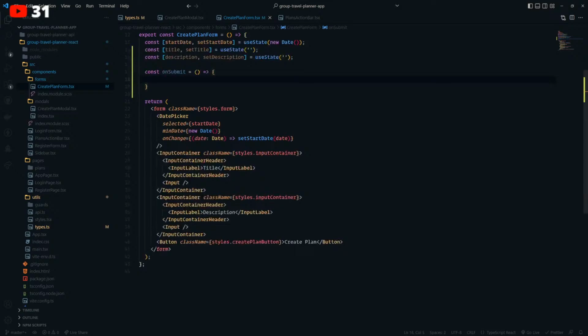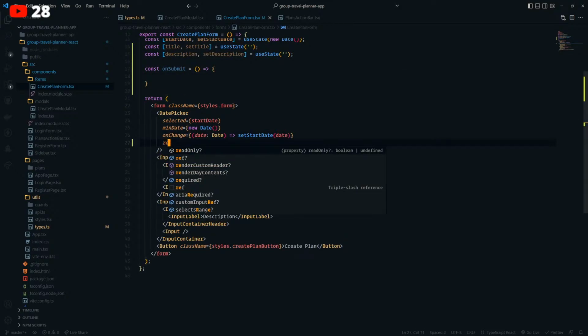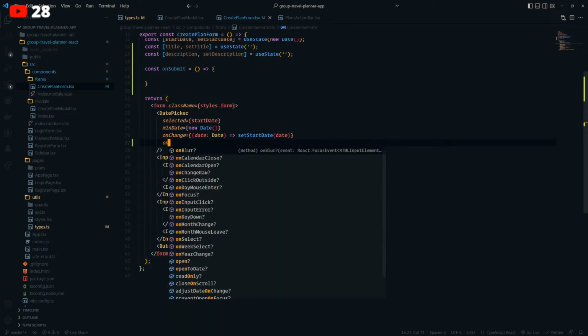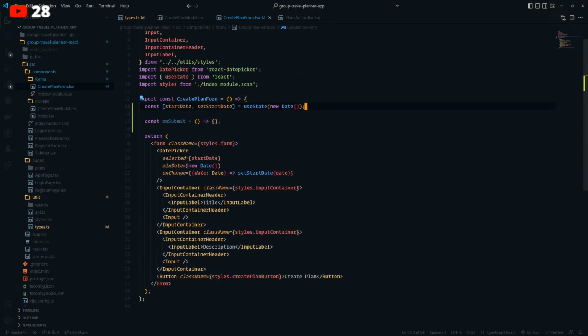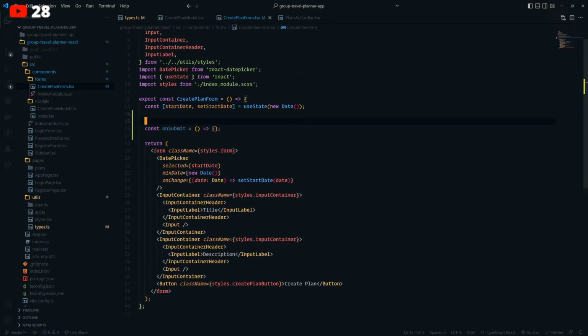All right, and so from here, we need to handle some state. Now we are using React Hook Form, but I don't know if I can register this date picker. So I think what I'll do is use React Hook Form for at least the two properties that I can.